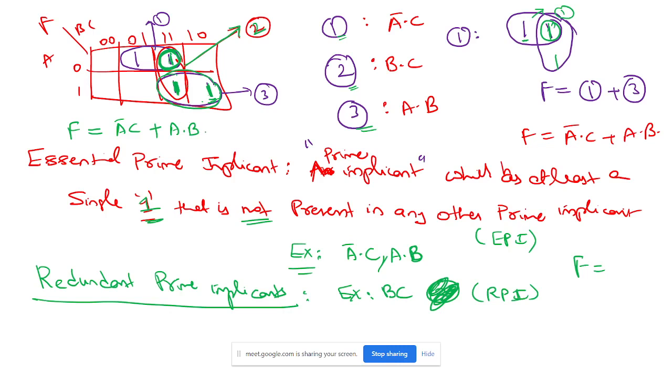First thing is you need to give preference to EPIs. First preference is for EPIs. Unless you cover EPIs, you will not cover all the ones. Then the second preference is, if anything else is left, then you go for RPI, correct? Now the question is,